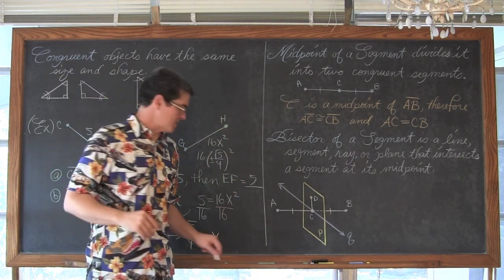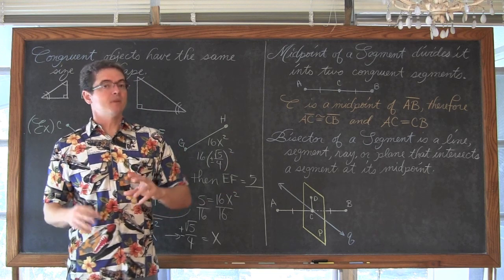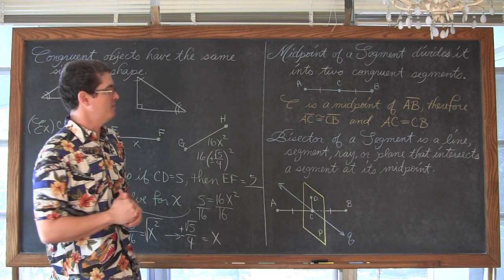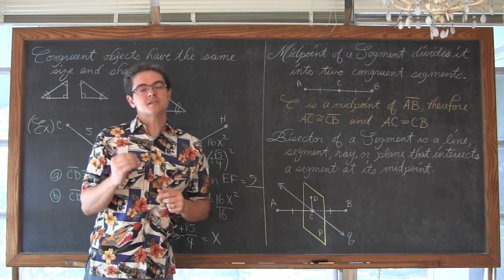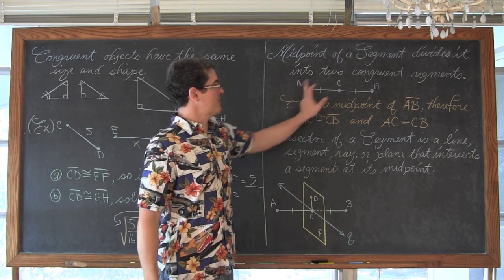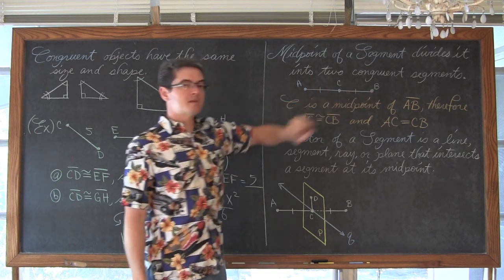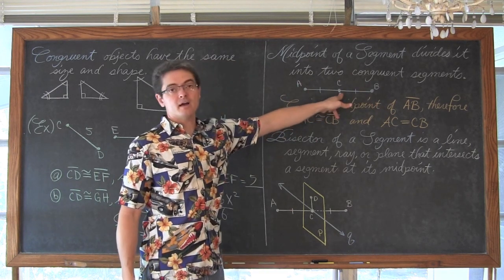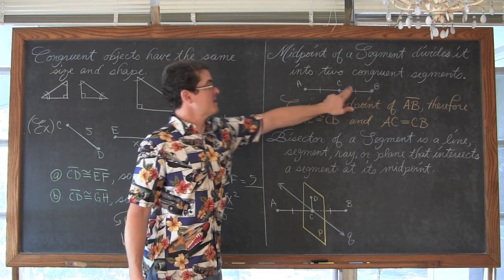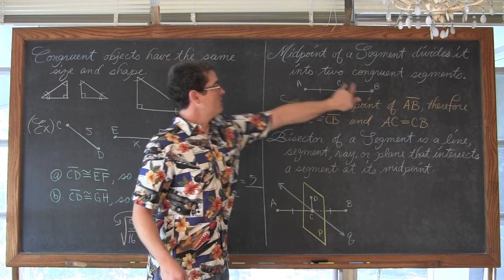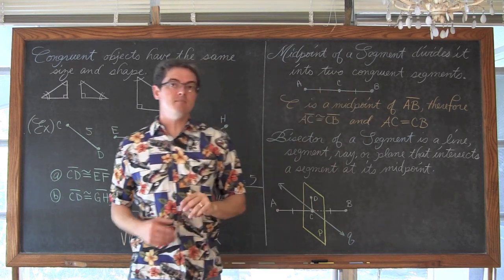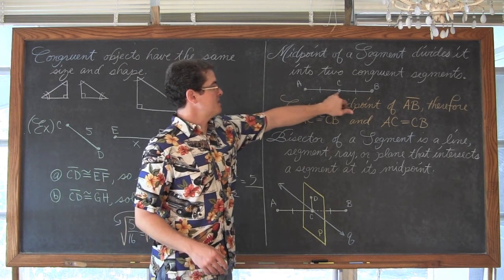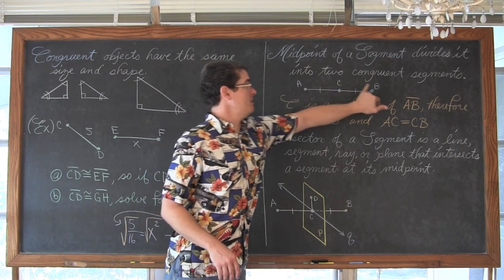A couple more definitions and we're done. Midpoint of a segment. It divides it into 2 congruent segments. We're just defining the definition. I'm not giving you the formula for finding midpoint. The midpoint of a segment is right in the middle of a segment, and the 2 other segments that it created, like we had the original segment of AB, and then we identified the midpoint, so now we have 2 segments. We technically have 3. We have one here, and then the entire segment of AB. The length from A to C, AC equals CB.